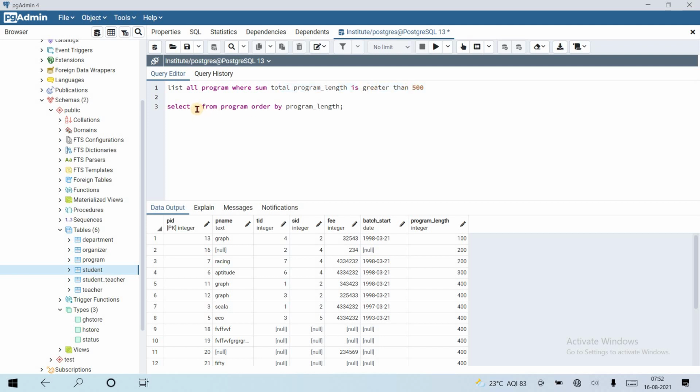So we need to calculate the sum of program length. So we are using the aggregate function in SELECT. We can only use an aggregate function here. Okay, aggregate functions we can use not in ORDER BY, but we can use them in a condition also. Okay, sum of program length.